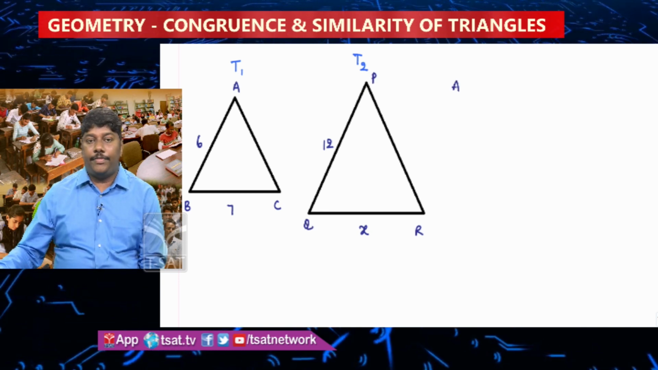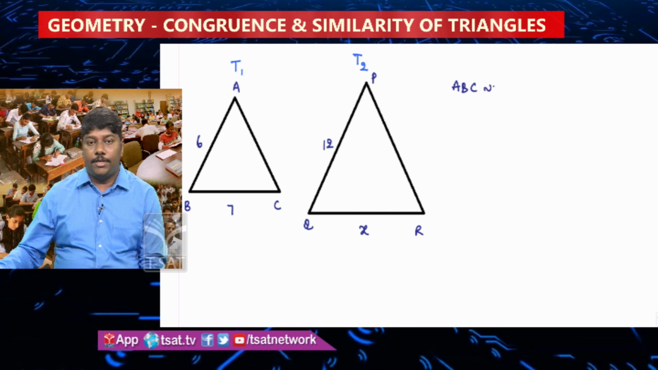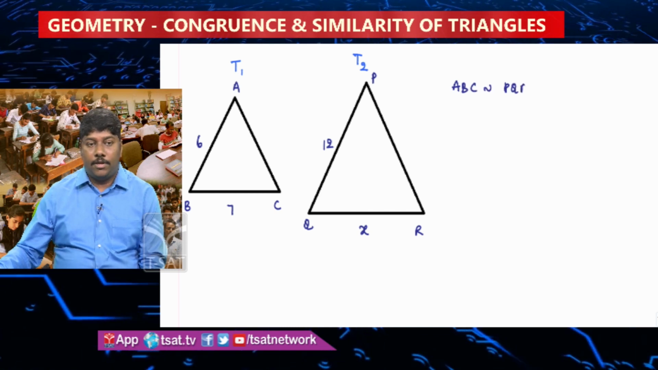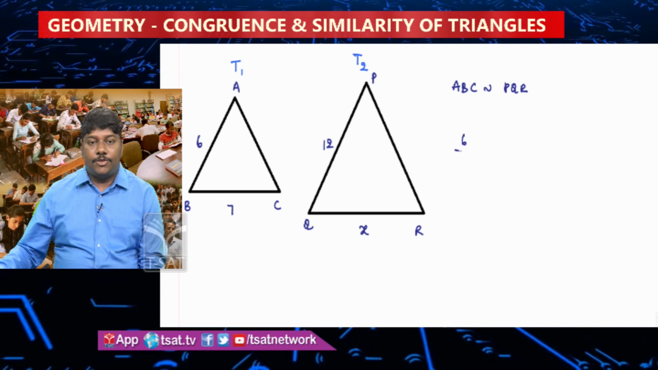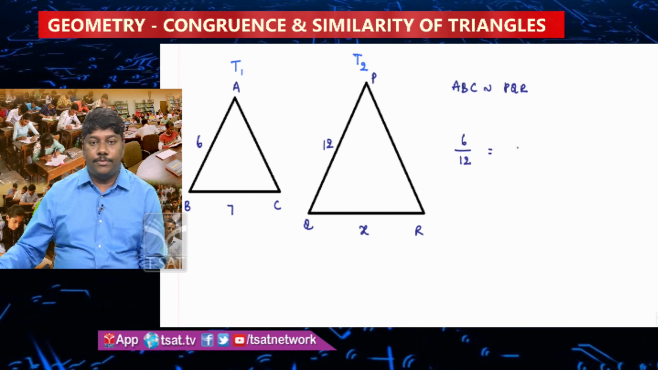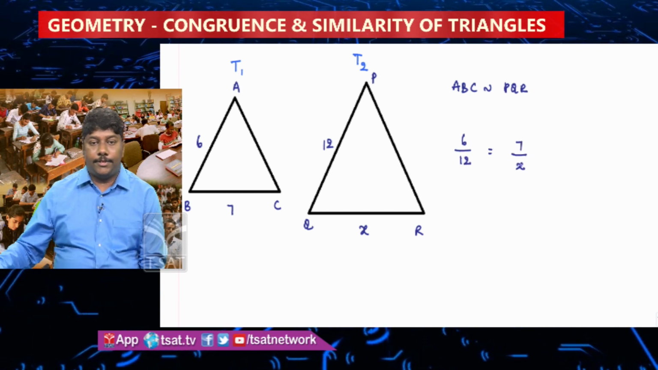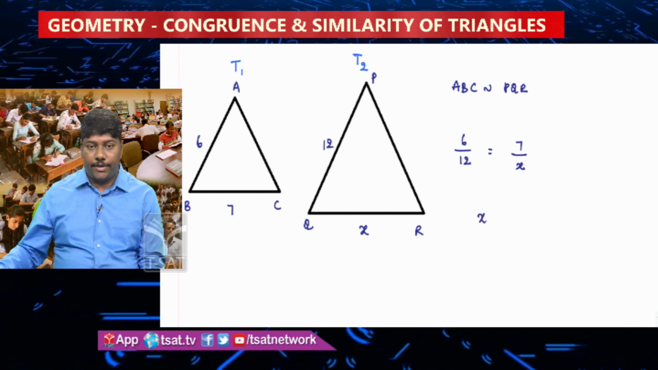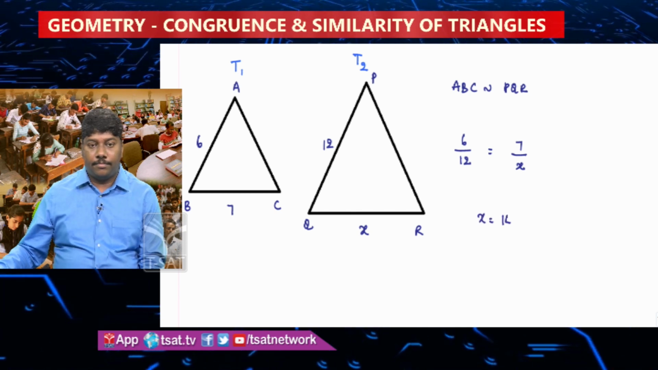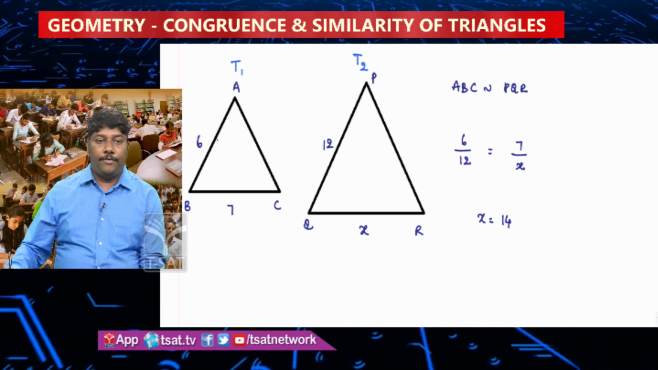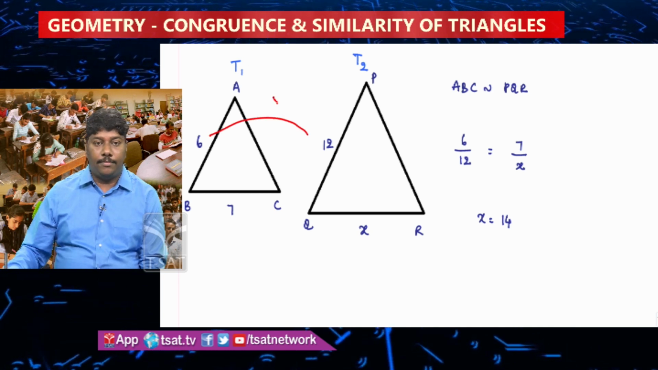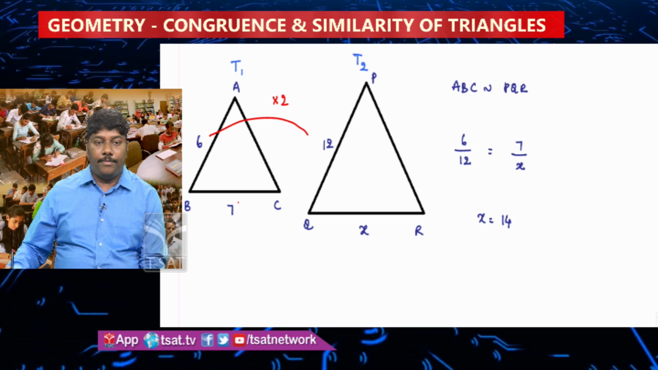And I am giving you triangle ABC is similar to triangle PQR. What can you take? 6 by 12 is equal to 7 by x. Therefore, x is equal to 14. See here, normally if 6 becomes double, 12, 7 becomes double,